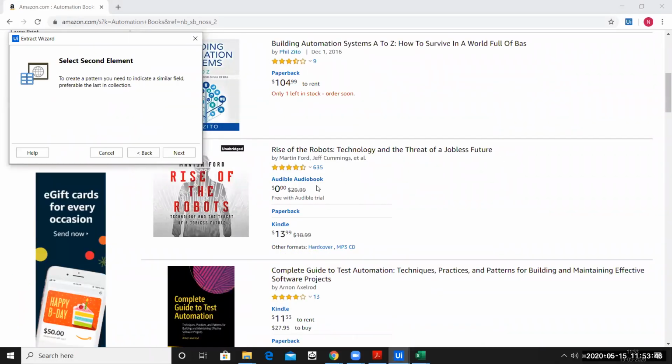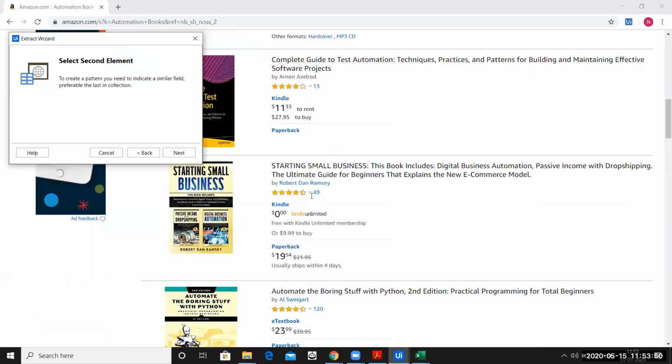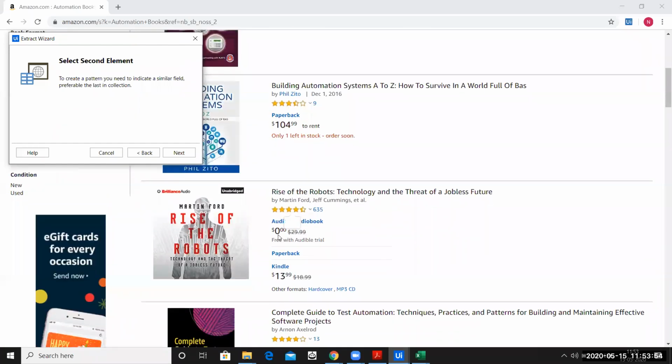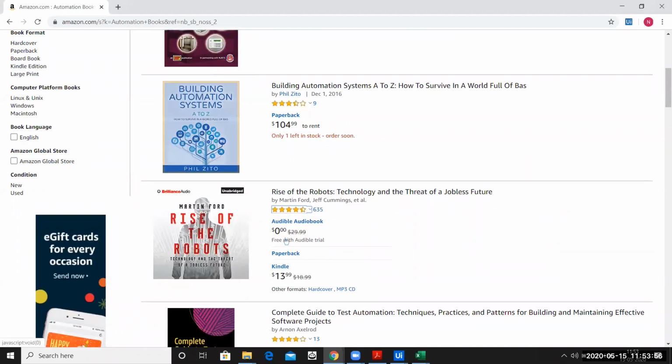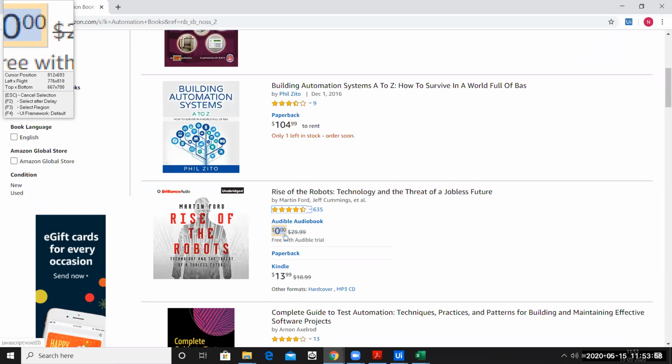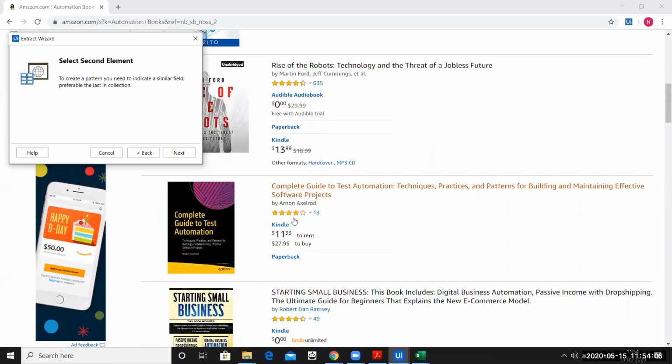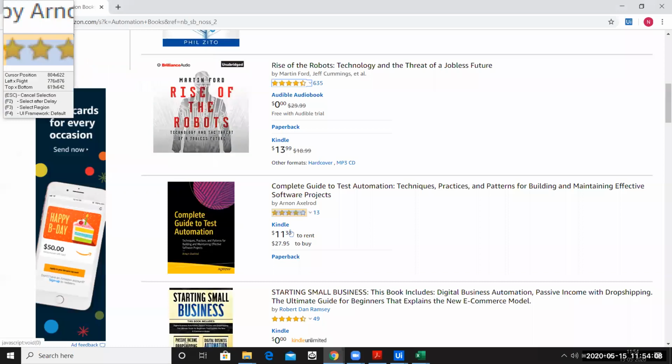You can say there is no price available here. So we'll have to make sure the data is very accurate. You can see the data is not accurate throughout the page, but let us see if we are able to scrape the price over here. And then let me scrape this. Okay. So you can easily see they are not correlated. So I have to scrape some other data, it seems.